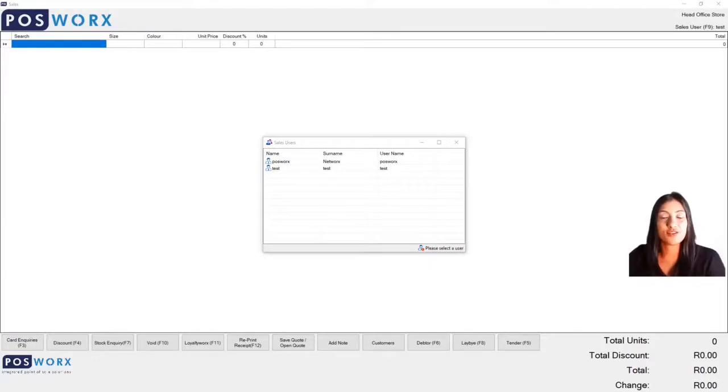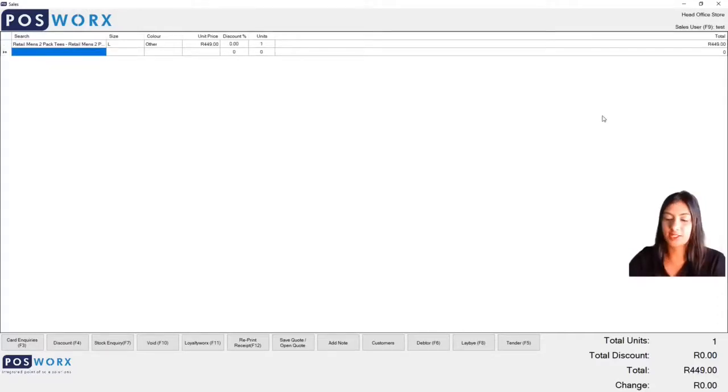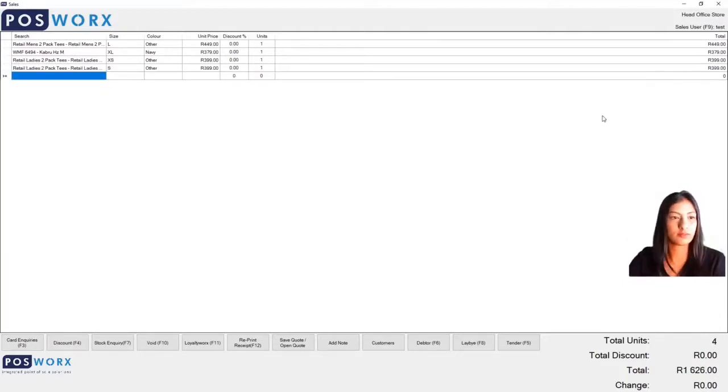I'm now going to show you how to process a discount over an entire sale. Let's log on to our sales screen. I'm logging in with my fingerprint reader and I'm going to scan in a few items. I'm going to type in some codes. So I have a few items on my sales screen as you see, and I want to discount this entire